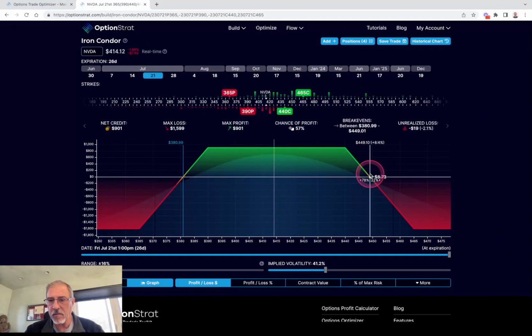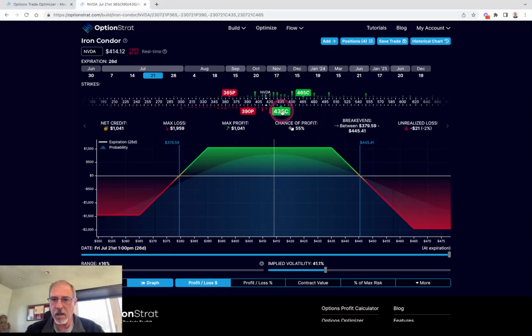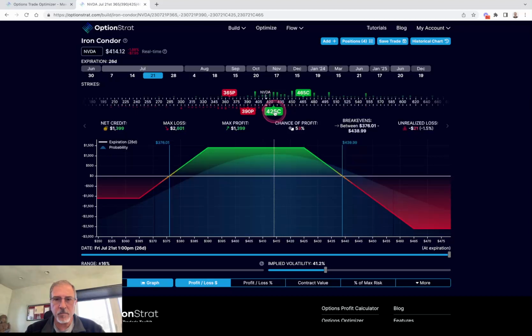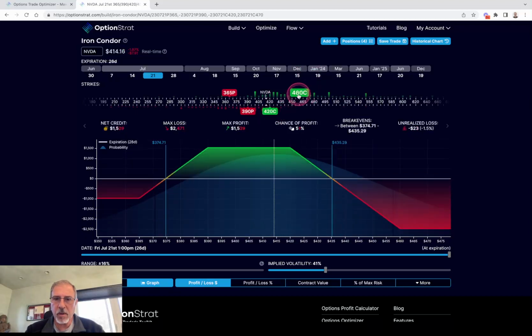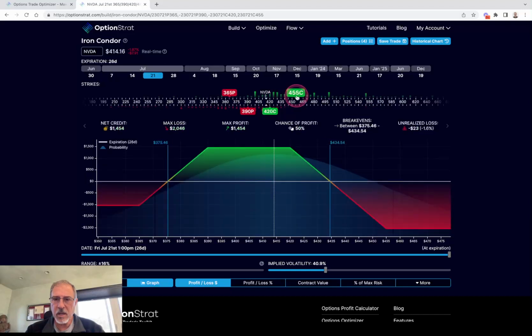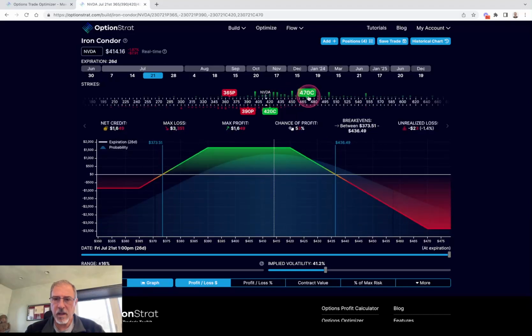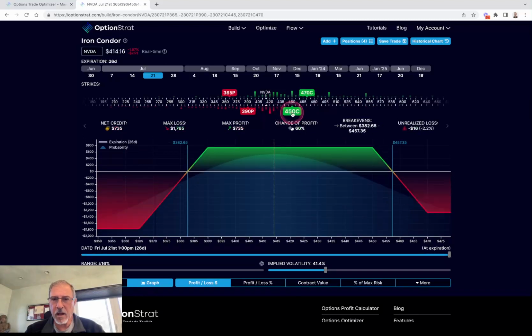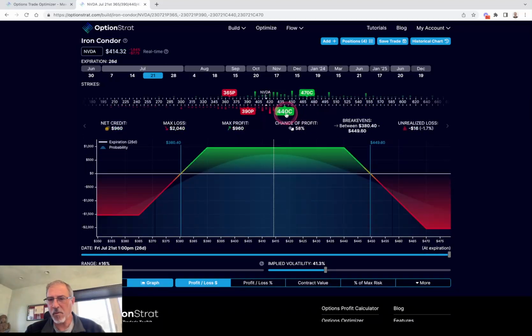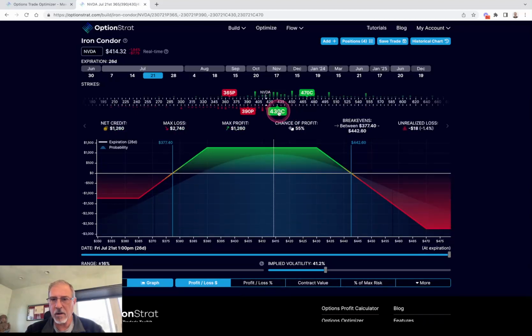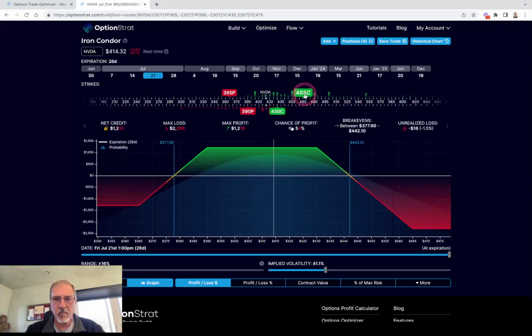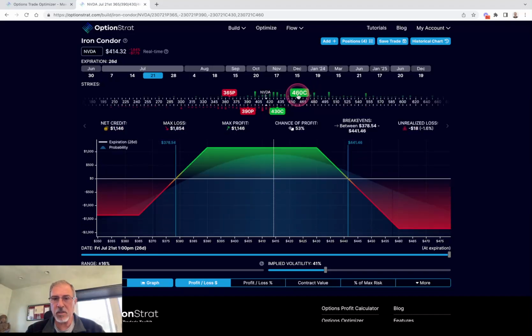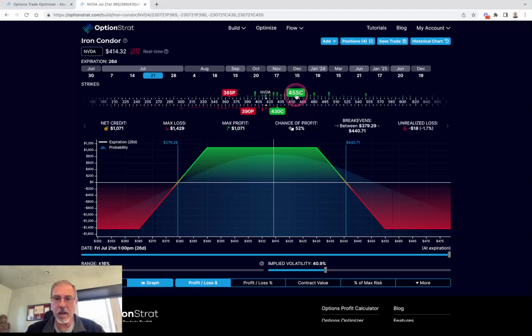So here our break even is 449. I'm going to bring that in a little bit. So I'll probably do something like this to get that break even around that 440 range, somewhere in there. But I don't want massive upside risk on this trade, so I'll bring in my wing a little bit. So I've got that position maybe where I want it, but now I'm going to skew this to give it a little more